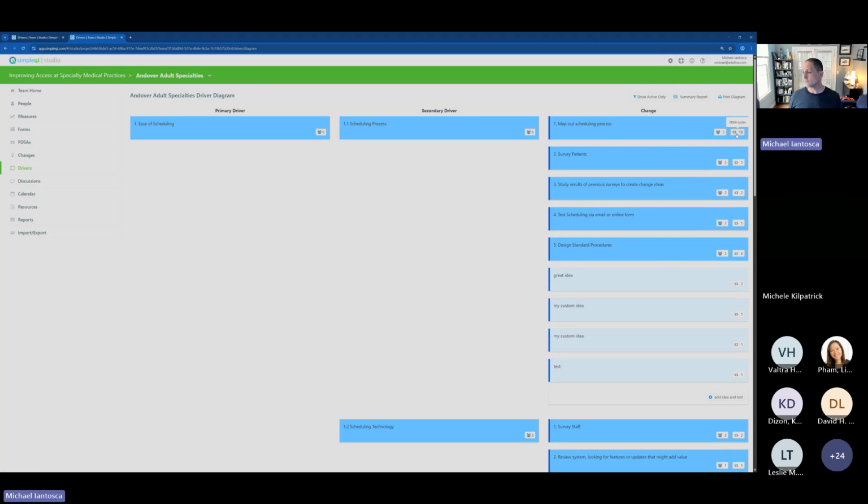And for the current team, which is the Andover Adult Specialties, you can see that they've run 18 PDSA cycles, 1 PDSA cycle, and so forth. Okay. So if this was your team in your driver diagram, and you wanted to go in and view your PDSA cycles for a change concept, you could just click on this number here,